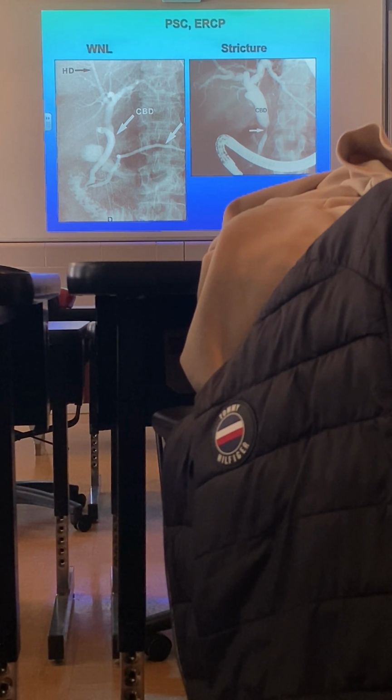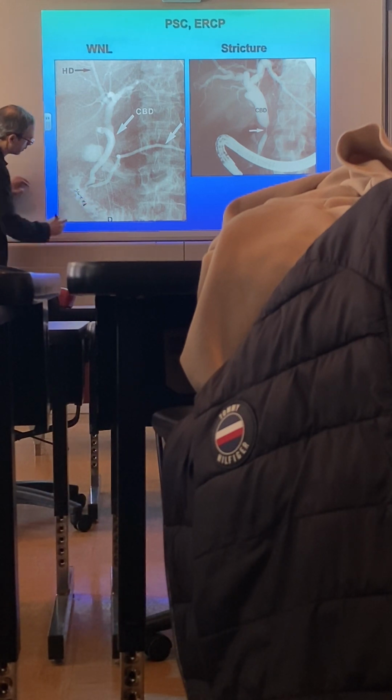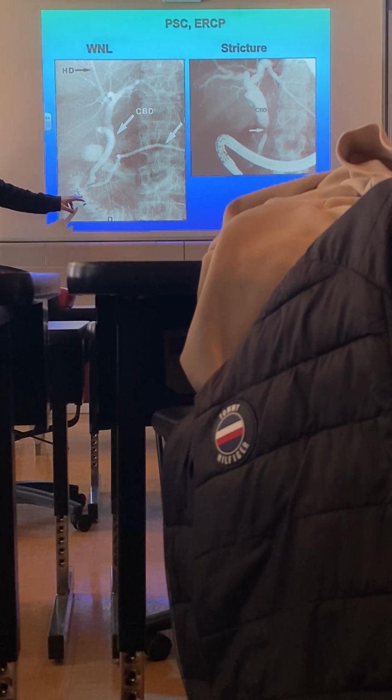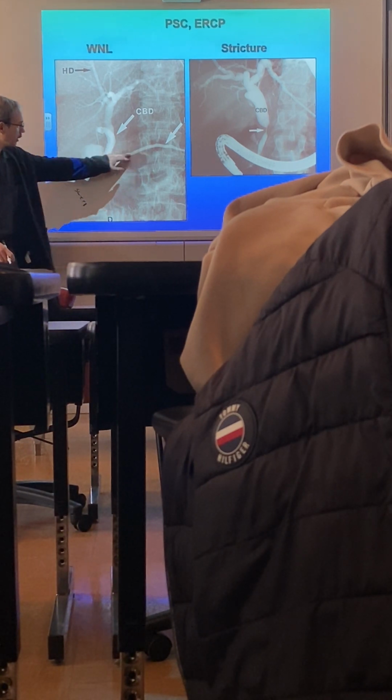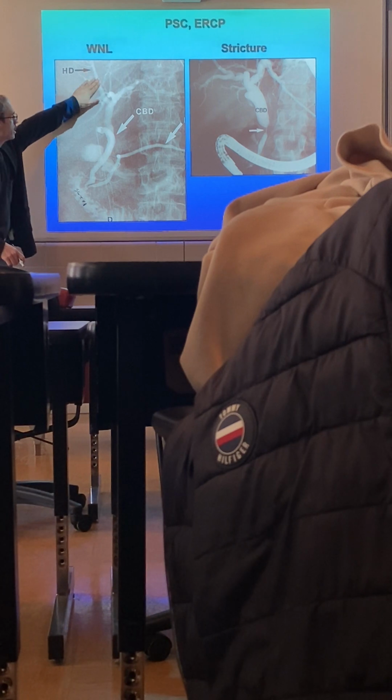So let's first take a look at a normal biliary tree. Here's the biliary tree. It's been injected with this radiopaque dye. We got the duodenal sweep over here. That's the sweep. Usually you take an endoscope and you stick a catheter in the ampulla and you push in some of this dye and it flows retrograde. Here you can see the main pancreatic duct. Over here you can see the common bile duct,